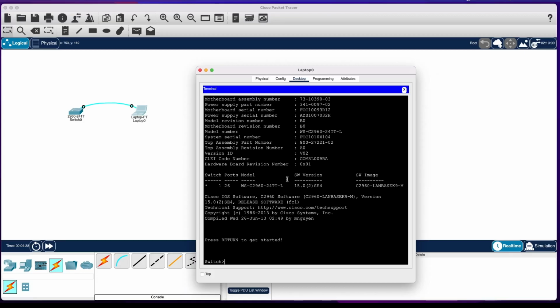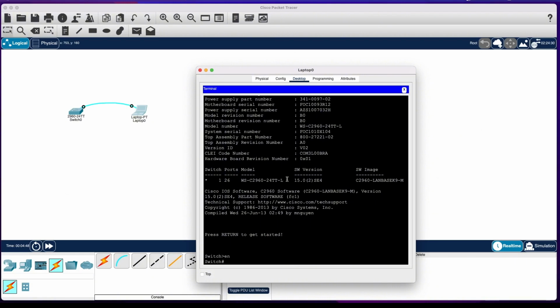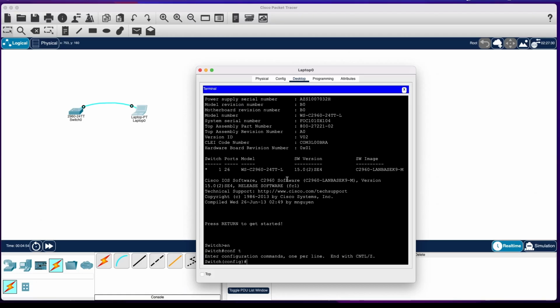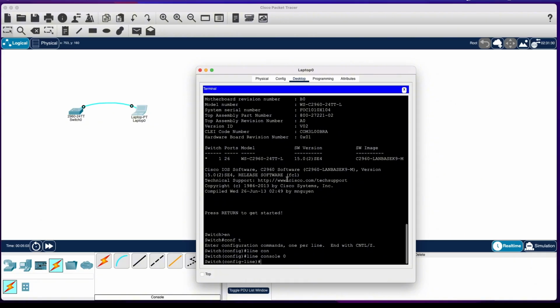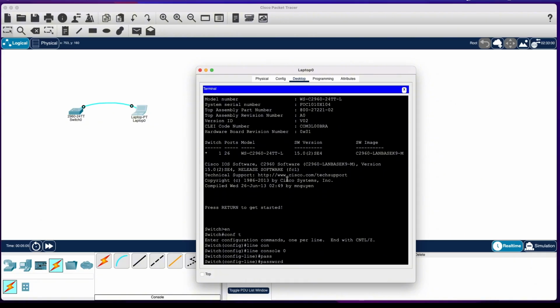Click enter, type enable. As you can see, you are in the user executive mode. Once you type enable, you will be in the privileged mode. In order to get into the global configuration mode, type conf t, and you are in the global configuration mode. So type line console 0, enter, password, let me give Cisco,